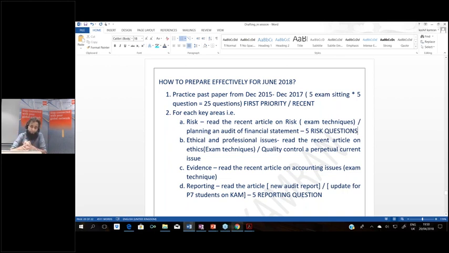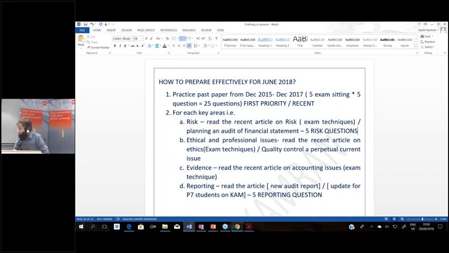What are probable areas? What can come for the June 18 exams? Can we expect something unexpected in the June 18 exams? Again, that is something I am building upon, and I'll release that by the 10th of May on my Facebook. But I think I've tried telling you the effective preparation methodology. I've been very focused in the last 4 days on the marking scheme. I hope that has been my important point.